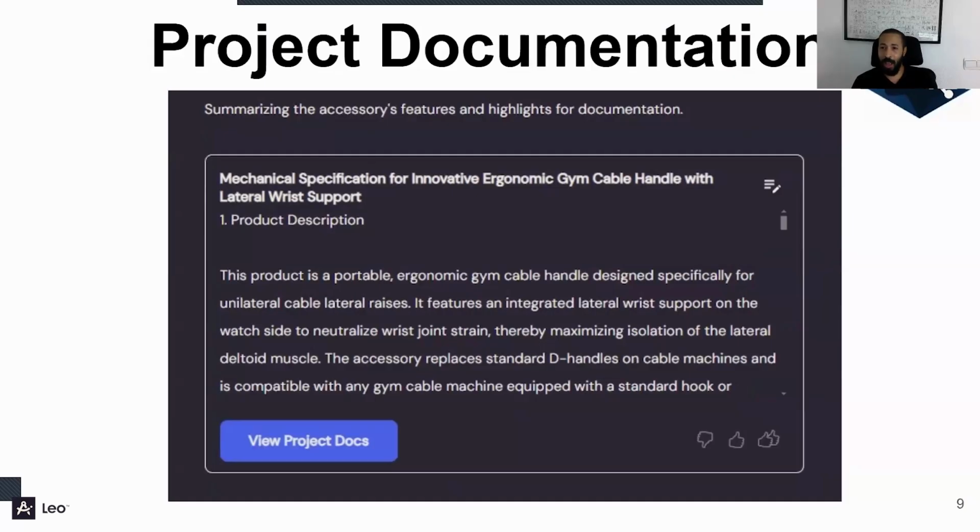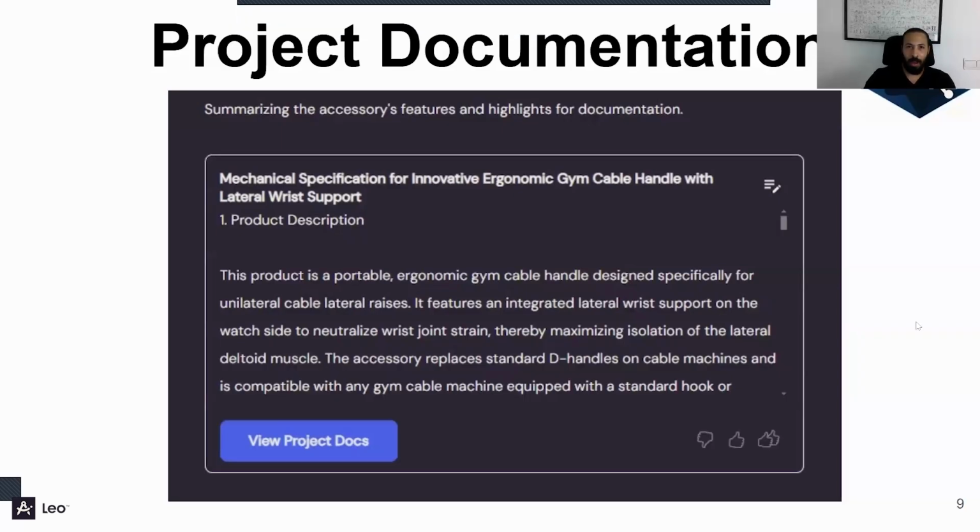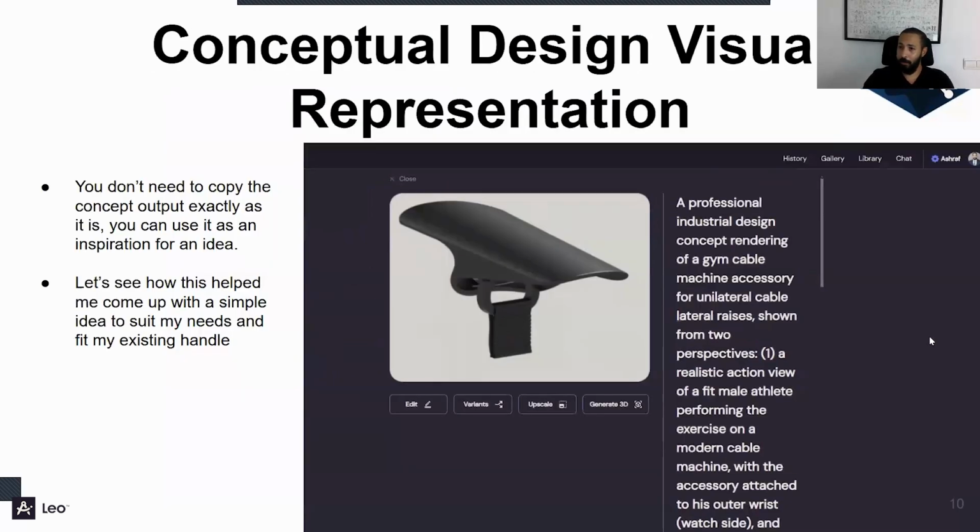It explains exactly what the specifications of the product are, what has been done, what the description is, what the calculations are, and all these details. Once you press on view project docs, you have a very long and extended project documentation, something that usually took a lot of time to finalize and present in a professional way before using AI in the process.